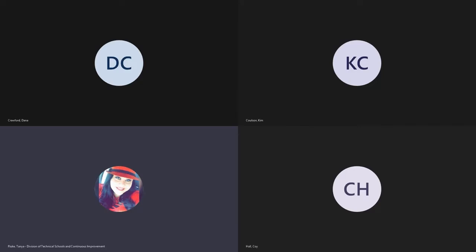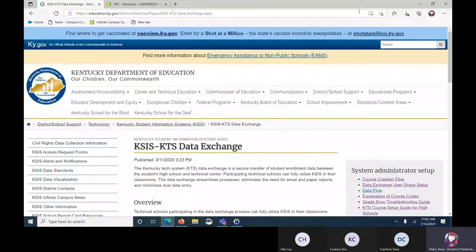The first thing that I do with all of my trainings is direct you all to the KTS Data Exchange webpage and go over what all is included in this webpage and what information you can get from this, and then we'll just go from there. Just a little bit of background: the KTS Data Exchange is actually a secure transfer of data